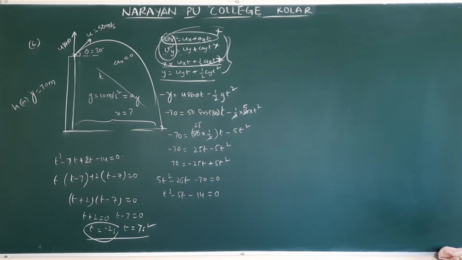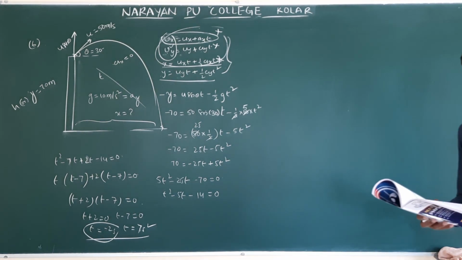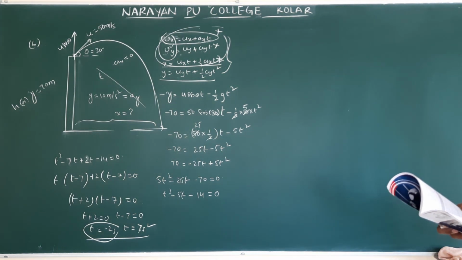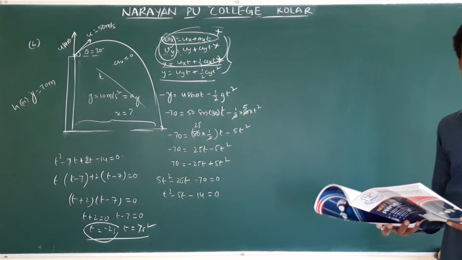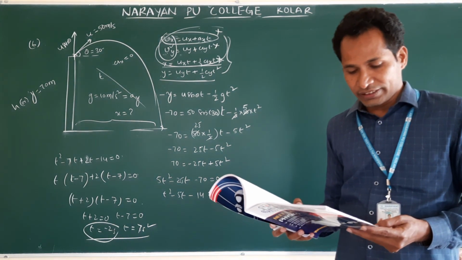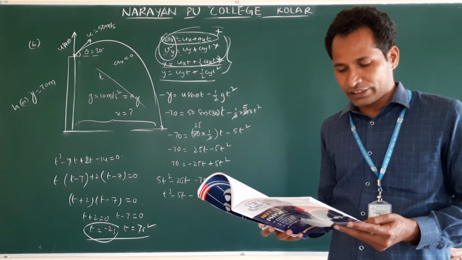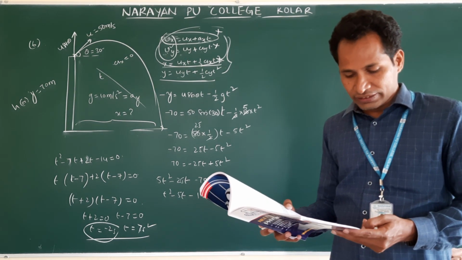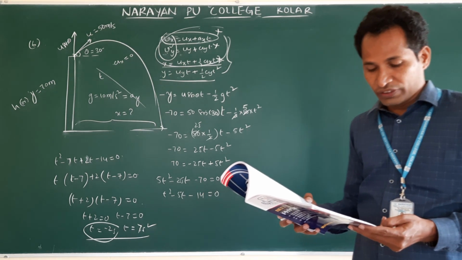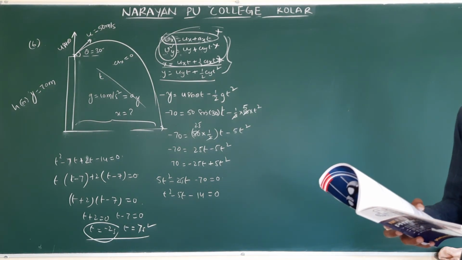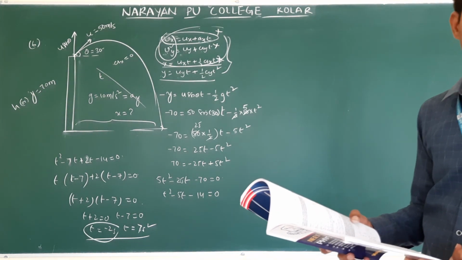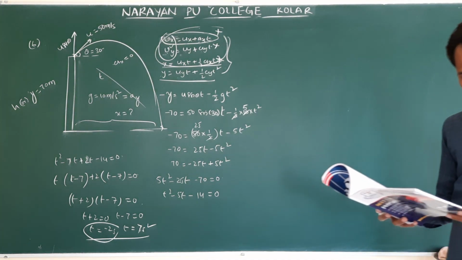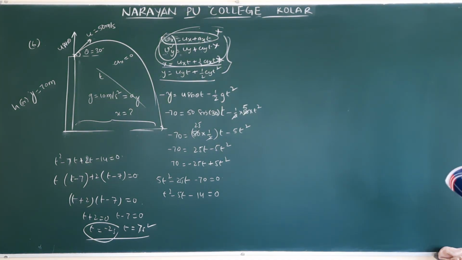Next, relative velocity. All this we have done is motion in a straight line, and in a plane, how do we apply it? In relative velocity, they mention very clearly VAB, that is the resultant of the velocity of A and velocity of B. See, VAB is equal to VA minus VB, VBA is equal to VB minus VA. VAB is the velocity of A with respect to B, VBA is the velocity of B with respect to A.